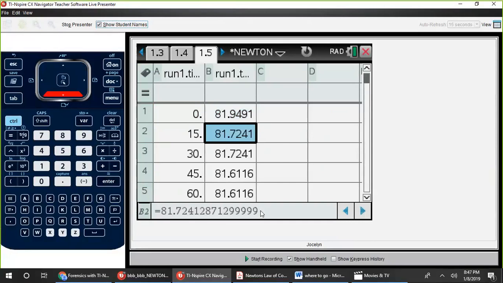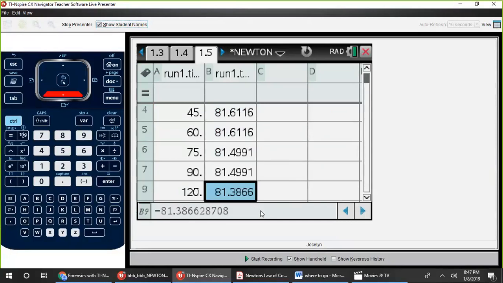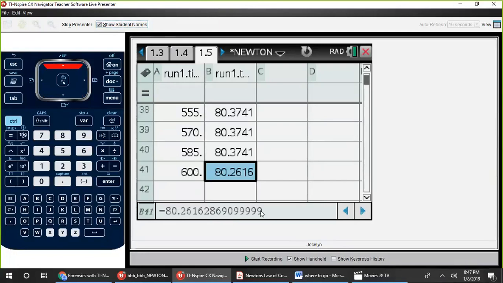By scrolling down the temperature column, the student can attend to precision by using the entire stored value in calculations shown at the bottom of the page. And in this case, the max was the same, but the min was carried out 6 additional place values. So 0 was the max time, and 600 was the min time, as it should be if the student followed directions and waited for the temperature to stabilize before starting.